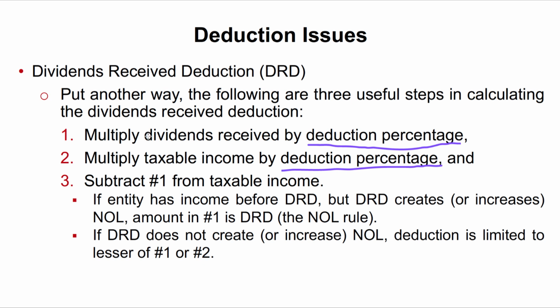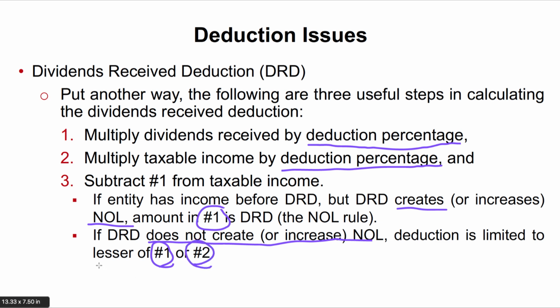And that's how we get our result. If we subtract number 1 from taxable income, and it creates or increases an NOL, then we're going to use number 1. If we subtract number 1 from taxable income and it does not create or increase an NOL, we're going to use the lesser of number 1 or number 2. Okay, lesser of number 1 or number 2,